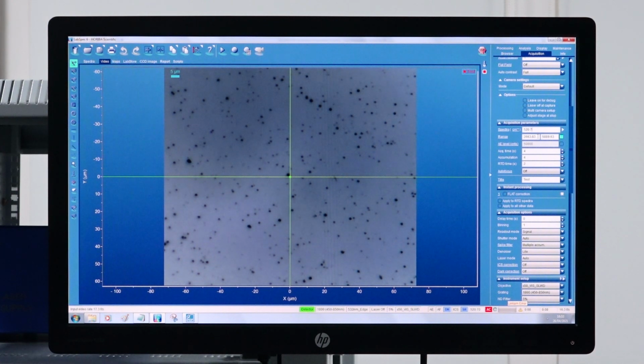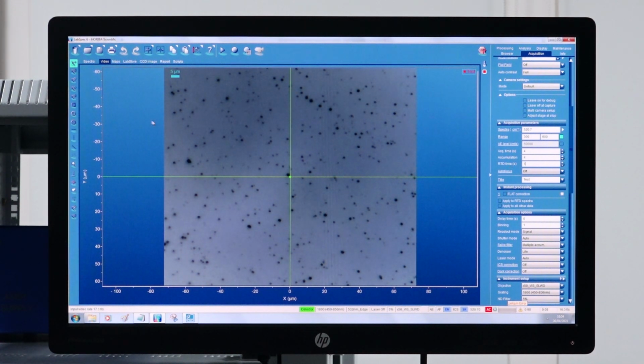Now in the range field here, I will select a range such that this central peak lies between this range. So I will select 300 to 600. Here AE level counts is disabled because we do not want automatic exposure. We will set the exposure time. Acquisition time and accumulation will be of use to us later on while doing acquisition. Here first I will set the RTD time. RTD time I set as 1 second.